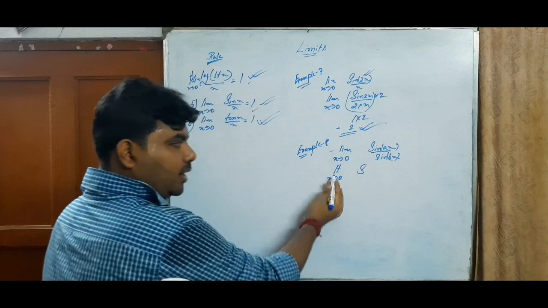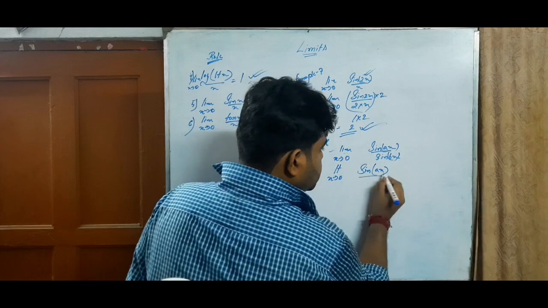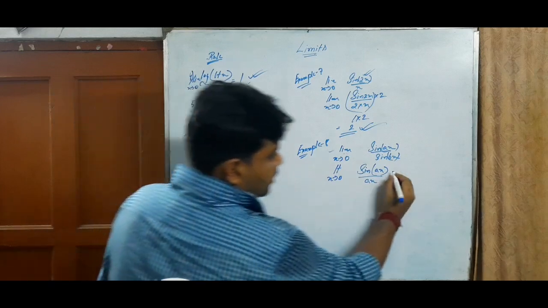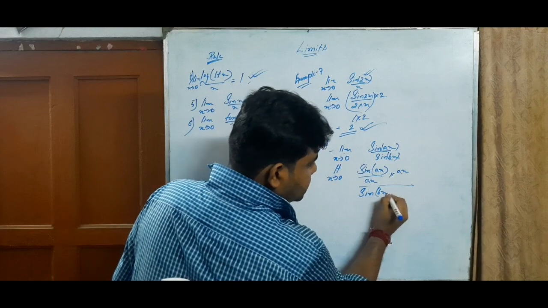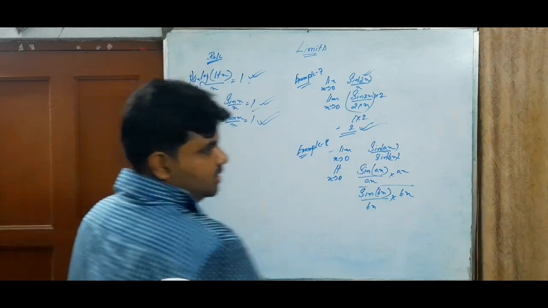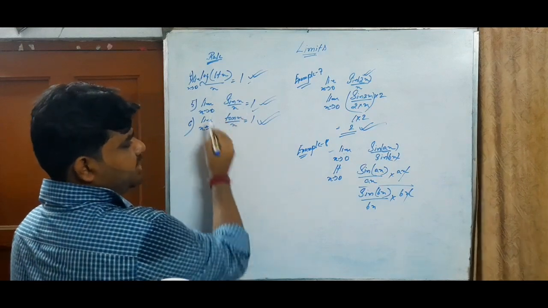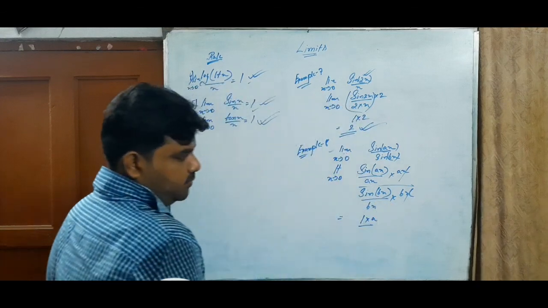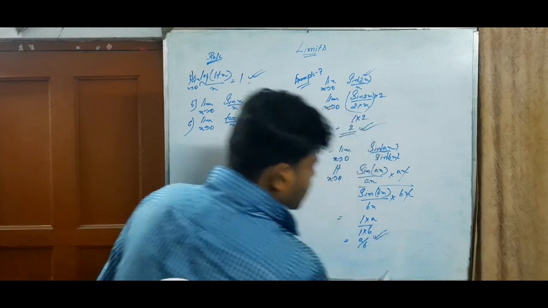We can write LIM or LT in case of limit, no issues. That is sine ax, so we are dividing it with ax to get this form, and we'll also have to multiply with ax. Similarly sine bx, the angle is bx, so bx into bx. Now we shall cancel x and x. Sine ax by ax, that is sine x by x, limit x tends to 0 is 1, so we can write 1 into a. Again sine bx by bx is 1, that is 1 into b, so a by b. So this is the answer.